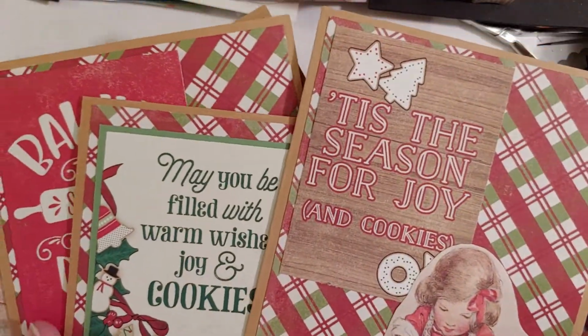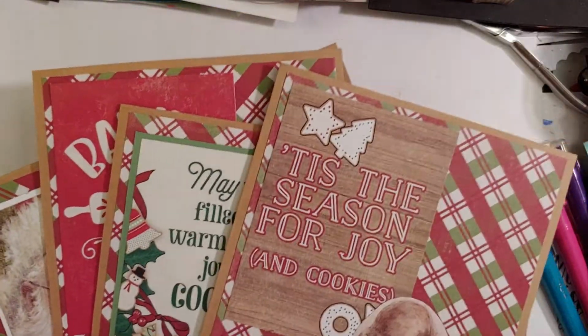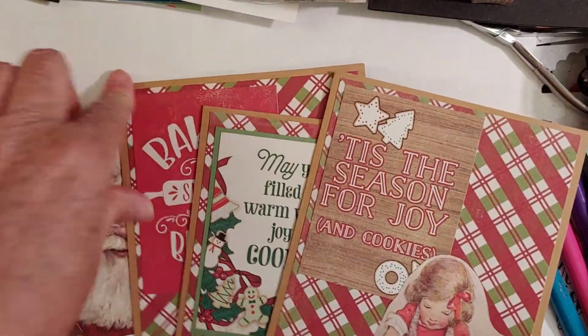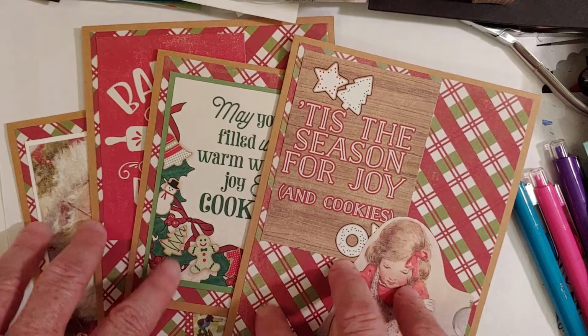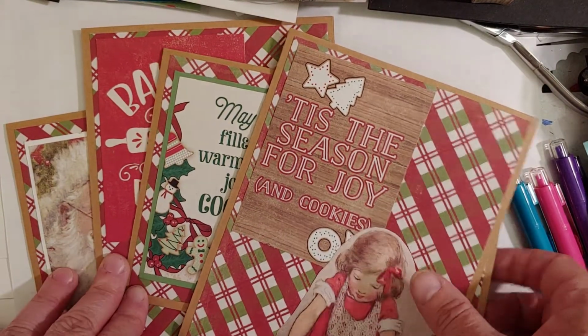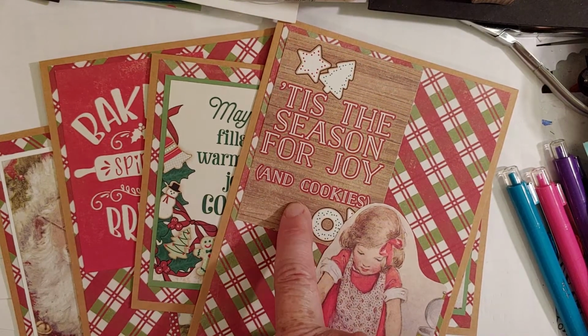Usually I just end up with one, maybe two, but this time I was able to make four, because I had 4 of these card bases left over, remaining in the pack that I was using. So I wanted to go ahead and just use those up. So I got my last 4 of these craft card bases from Joann's used up, so that's good. Using my stash. And got to play with this paper kit that I've had for a little while,